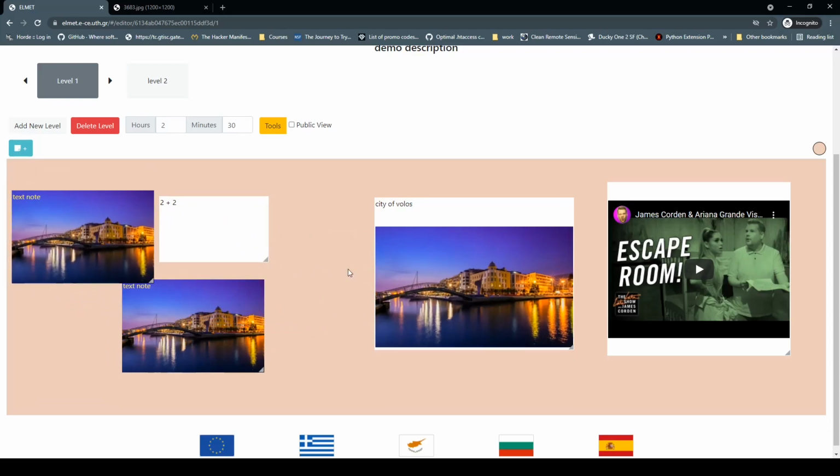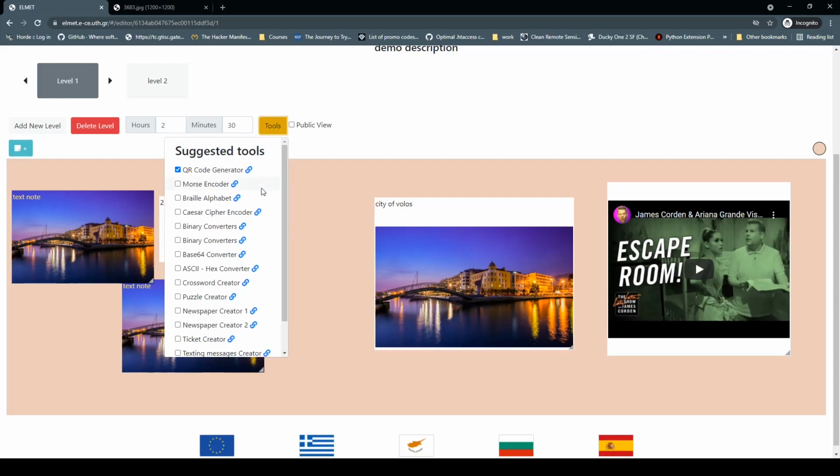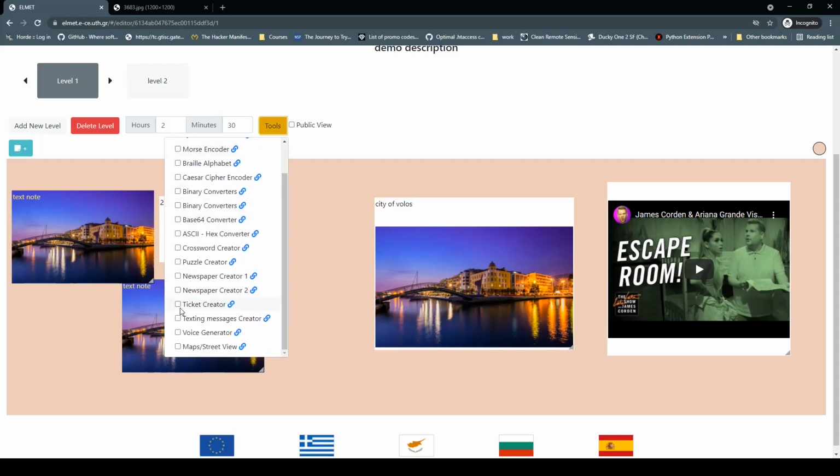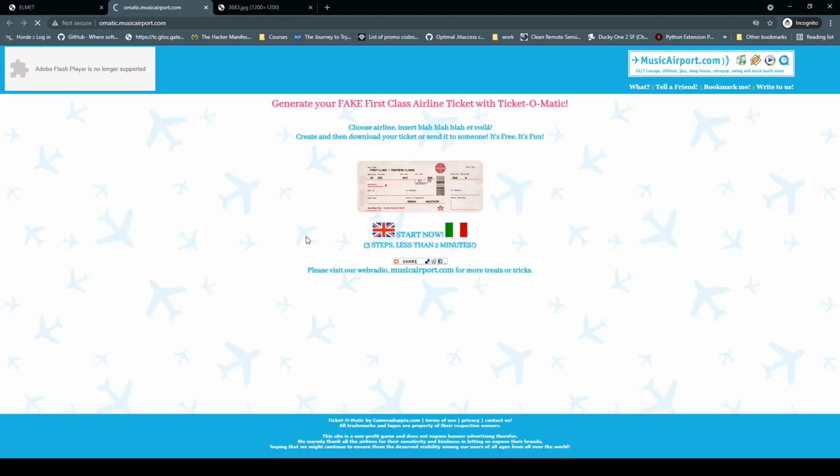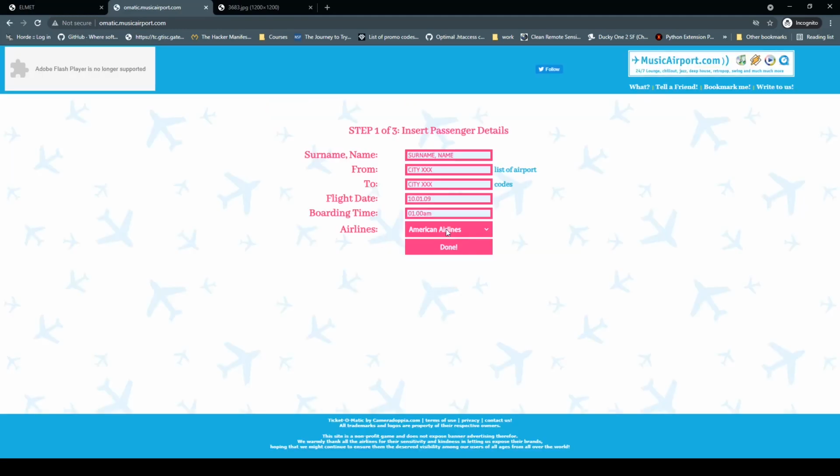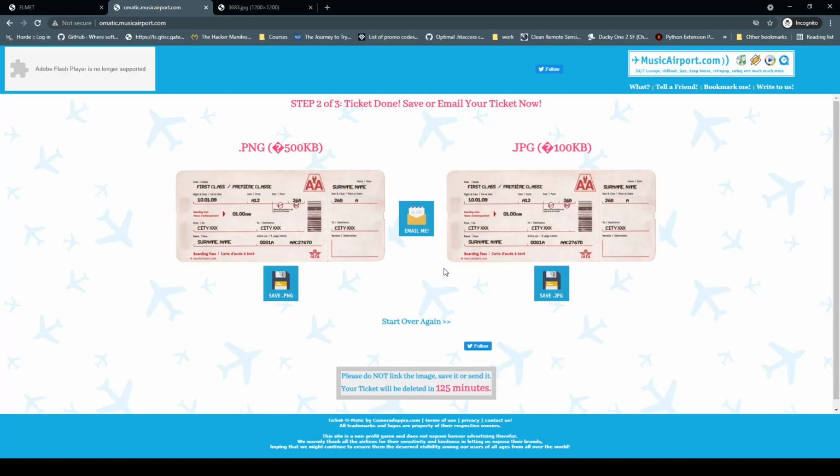Now, let's take a quick look at how we would create a fake item and put it in the level by using some tools. Let's use a fake ticket creator to create a simple fake ticket. For example, this.